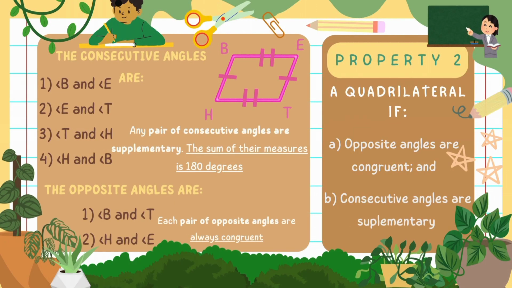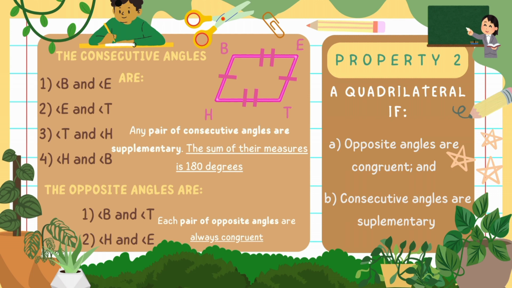Using properties to find the measures of angles, sides, and other quantities involving parallelograms. Property 2. A quadrilateral is a parallelogram if A. Opposite angles are congruent and B. Consecutive angles are supplementary. Given the quadrilateral BETH is a parallelogram, we can say that the consecutive angles are